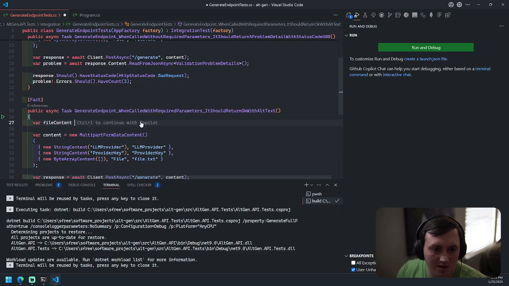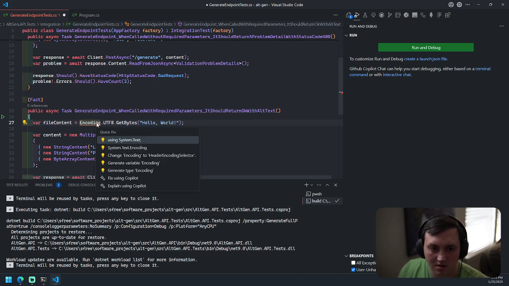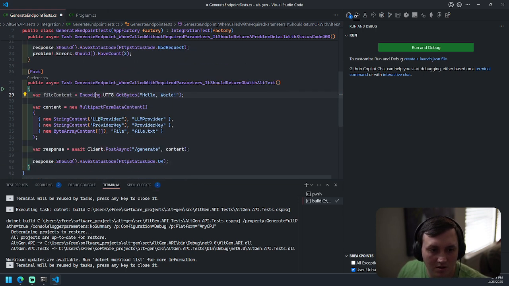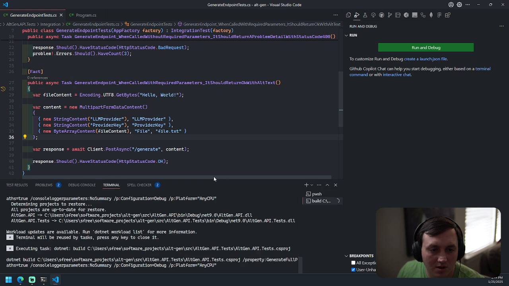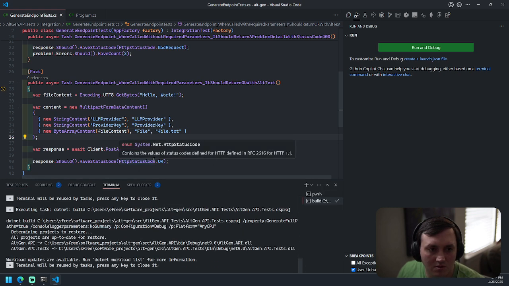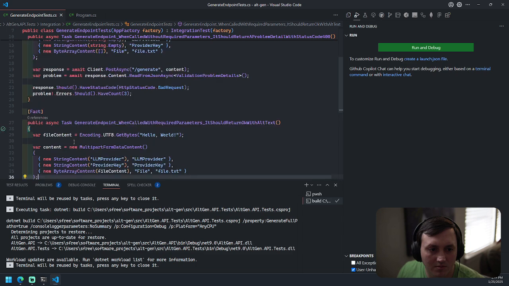File content. This should work now too. Okay, cool.